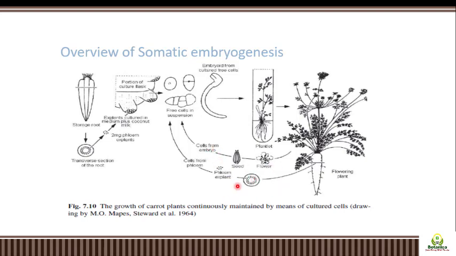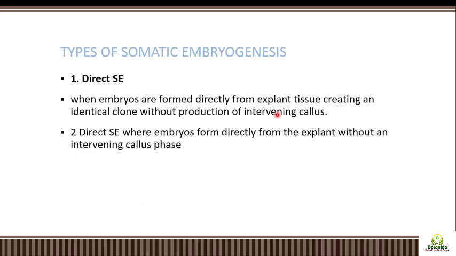Either we isolate somatic cells and make them into a new plant, or we go this way, isolating the flowers or the haploid structures from it and culturing them, and subsequently they will again form a new plant.